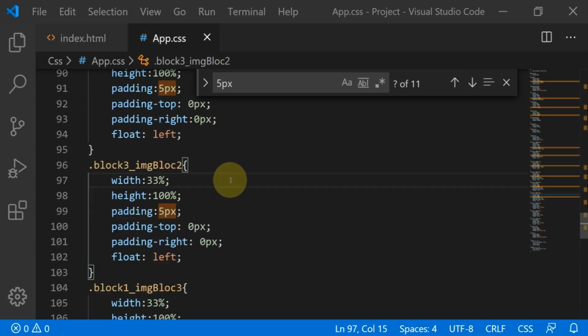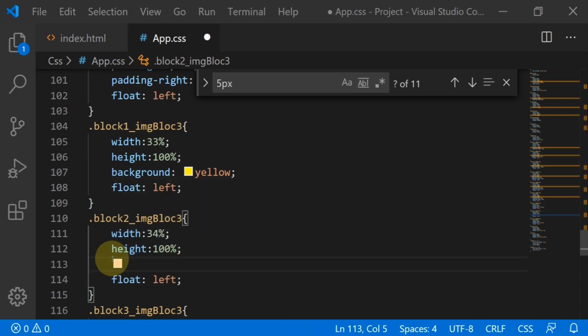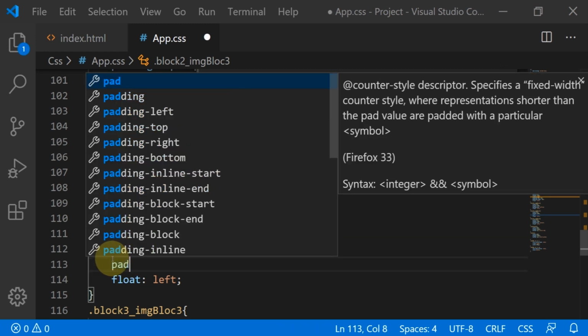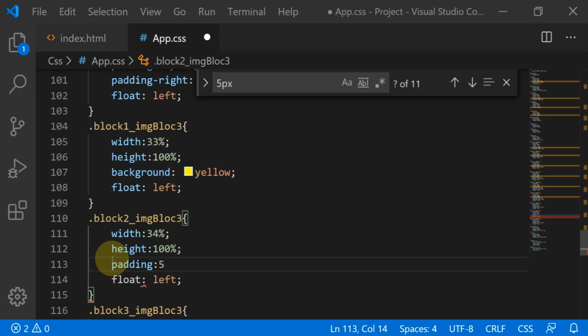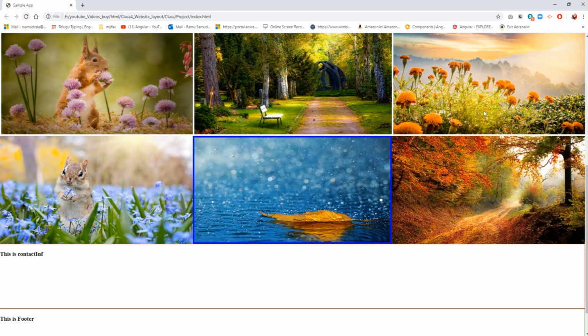Here I'm going to select not block 1, but block 2. Remove padding, remove background, so padding 5 pixel, then see once. Yes, so the background is blue, that's why it is displaying like that.